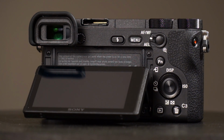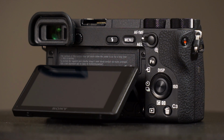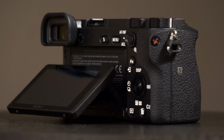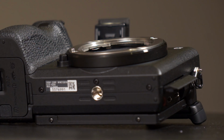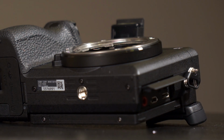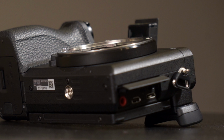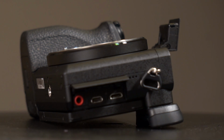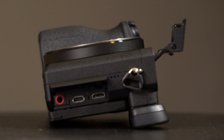And another key feature of the A6500 is it has a huge buffer, which allows for up to 107 RAW files in one burst, or 301 JPEG frames. That's really impressive and a great feature for those sports shooters out there looking for the larger buffer, because that sucks when the buffer runs out and you'd have to sit there and wait while it copies to the memory